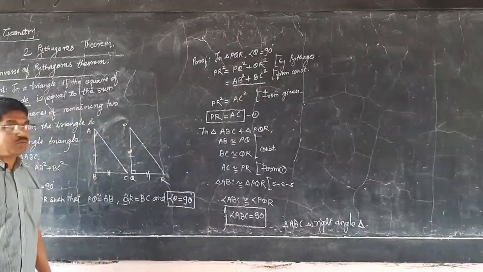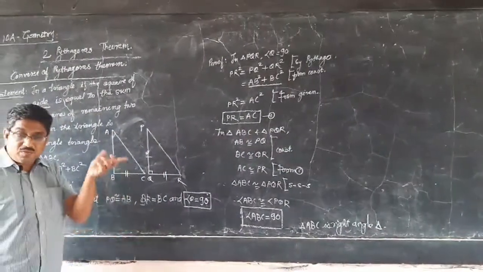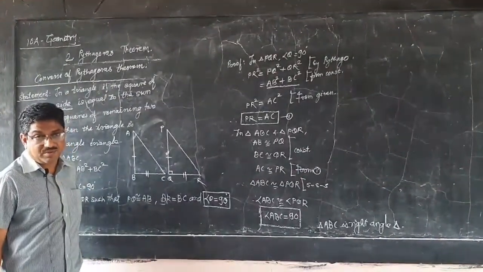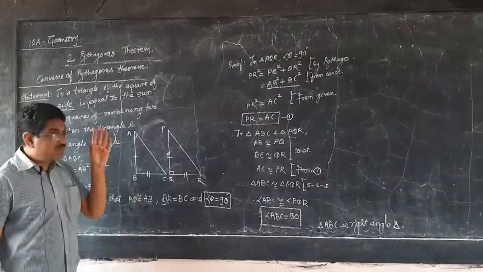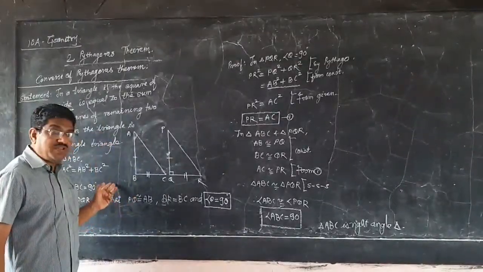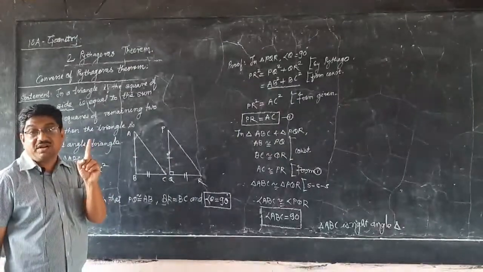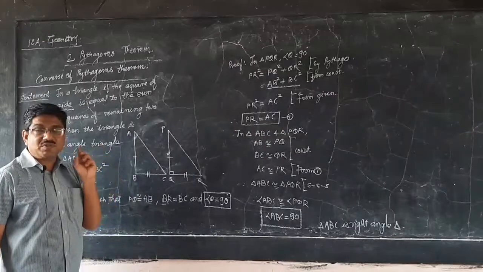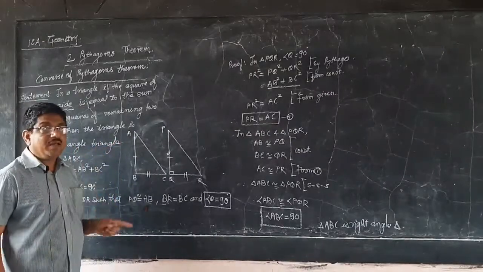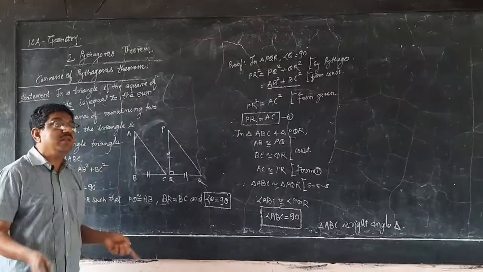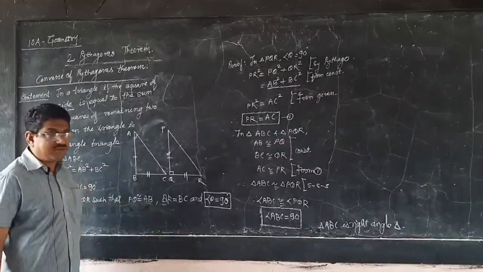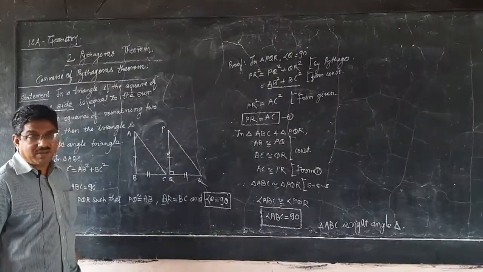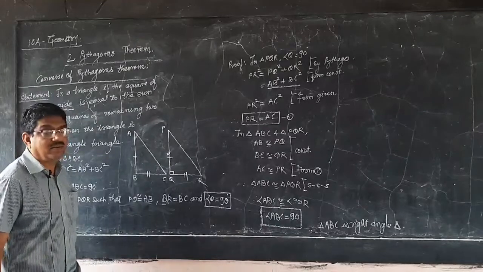This property you have to use when you have to identify whether the triangle is a right angle triangle or not. When you use this property, you have to take the square of the greater side first, then carry out the sum of the squares of the remaining two sides. If both the values are equal, then only the triangle is a right angle triangle. Now we'll use this property when we solve the problems from the exercise and the problem set. You will understand this.